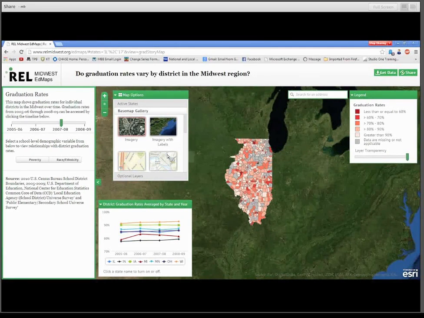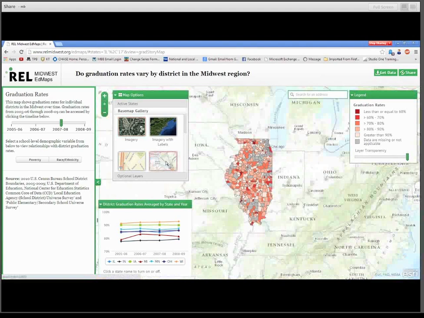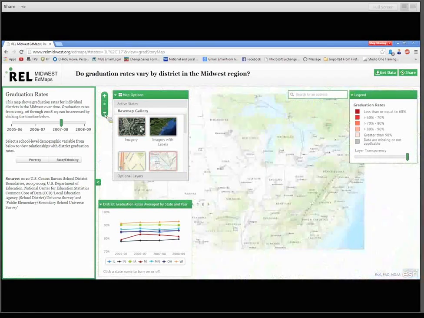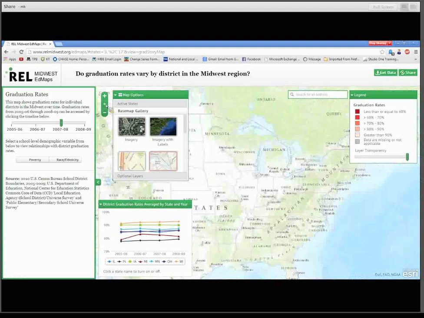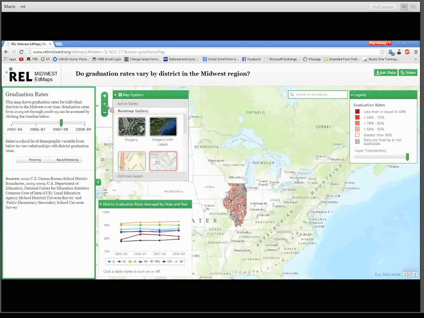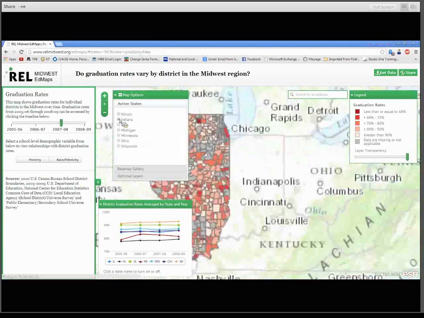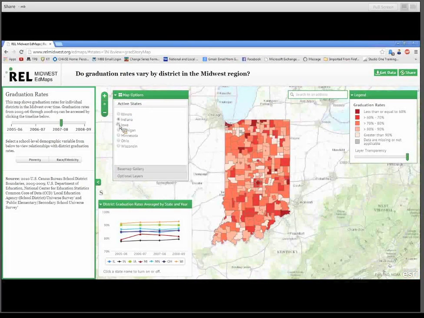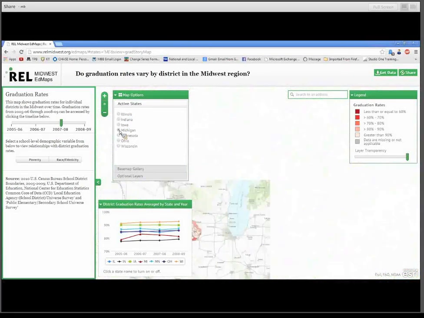You can zoom in and out with the controls over here. And this center dot will always bring you back to the full extent. Also, under the map options, you can choose which state's data you're interested in looking at. And when data is comparable for the region, you'll be able to select all of the states within the region